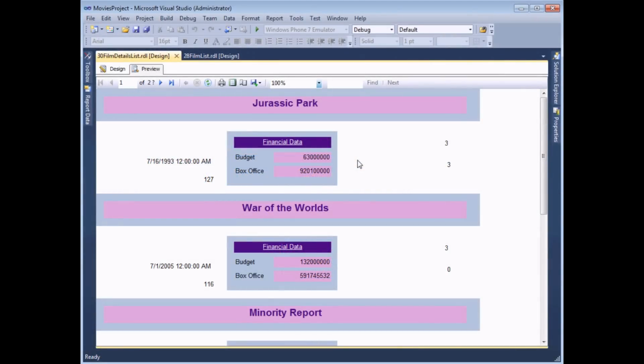You're not limited to just inserting text boxes and rectangles into a list. You can also insert graphical items such as gauges, indicators, and even charts. So let's do that. I'm going to insert a gauge which is going to display how long a film lasts. So it's going to display the running time in minutes as a graphic rather than as a simple piece of data. So back to the design view,